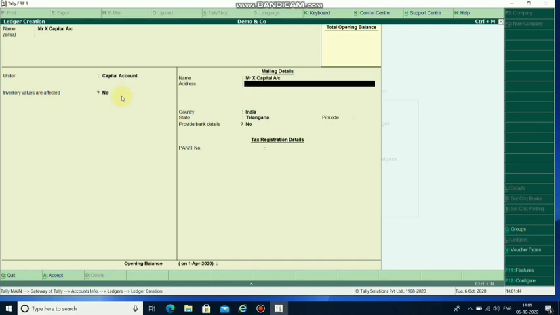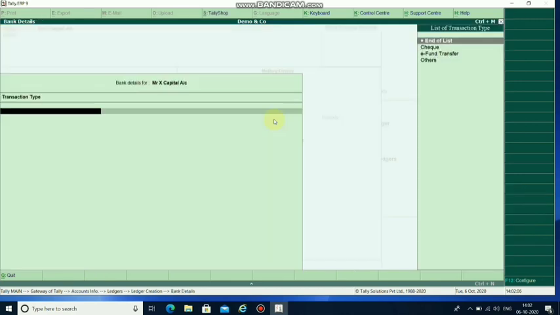Here you can input the complete details of Mr. X: his address, country, region, state, pin code, bank details, PAN or IT number, all his details. By putting yes and pressing enter on the keyboard, you can also provide his bank details.